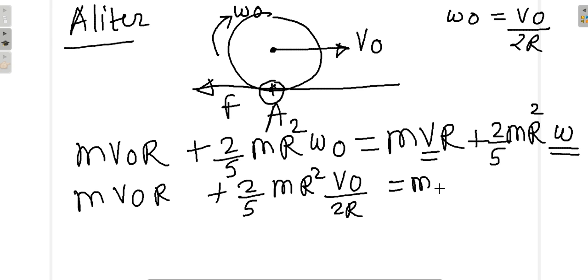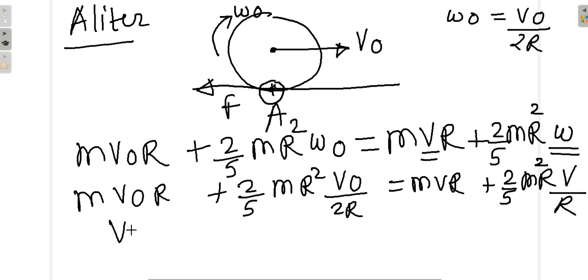Is equal to mvr plus 2 by 5 mr square. And when there is pure rolling, I can write omega as v upon r. Now we have to cancel the things, rearrange the things, and let us see what we get here. m will cancel definitely, so let me write here v naught into r plus this 2 will cancel, v naught r upon 5,